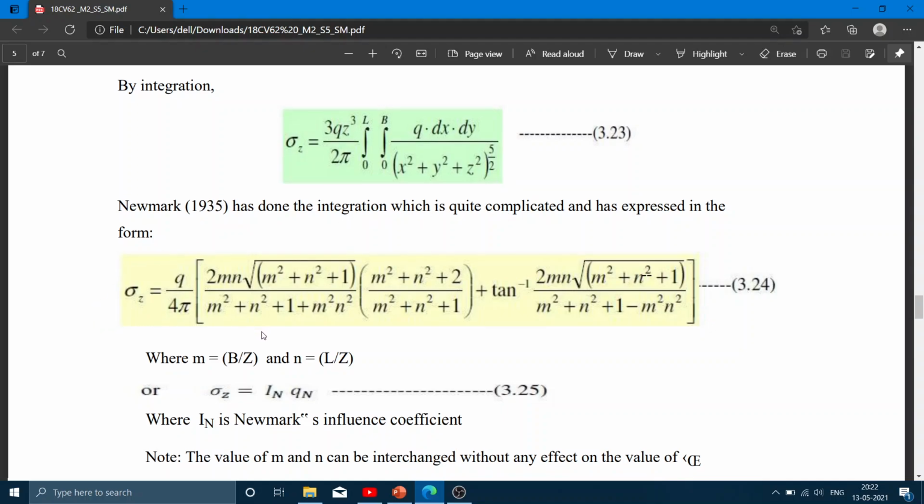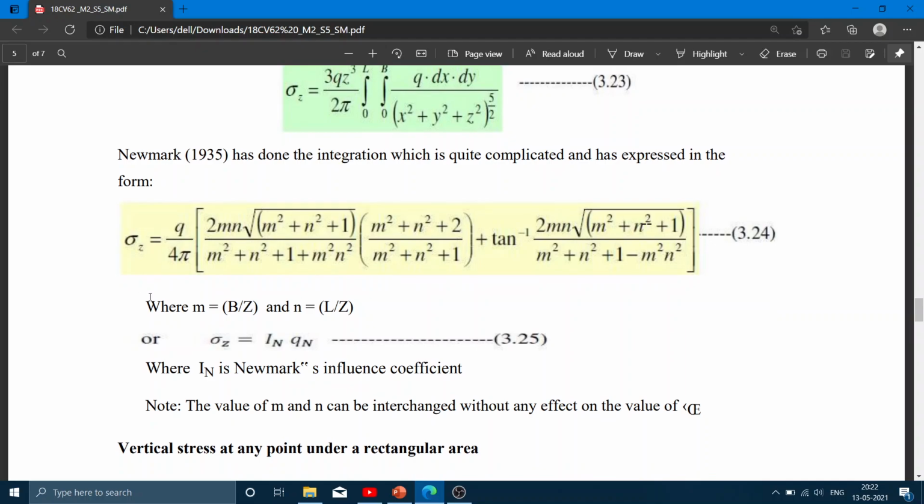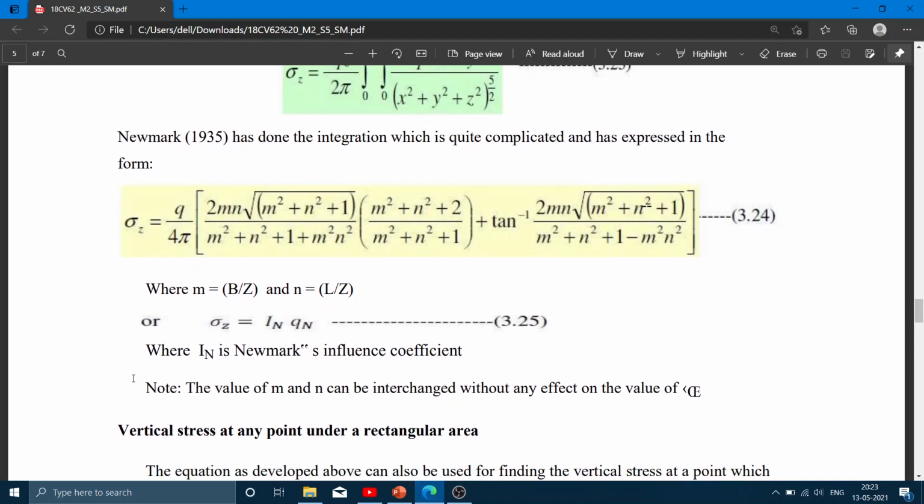After double integration, finally simplify in terms of m and n, where m is b by z and n is L by z. After simplifying this double integration and converting it in terms of m and n, you get sigma z is